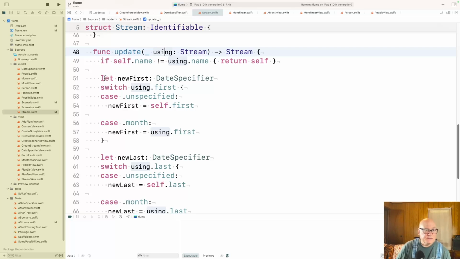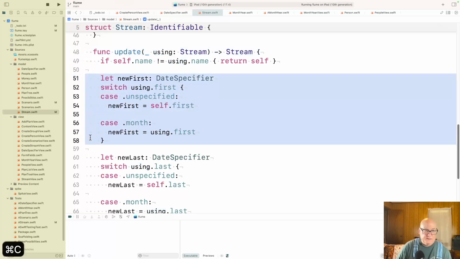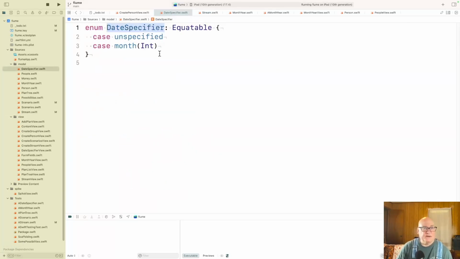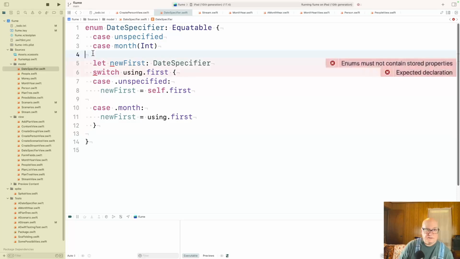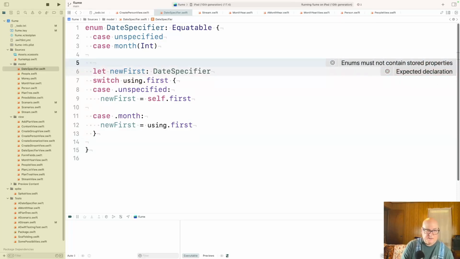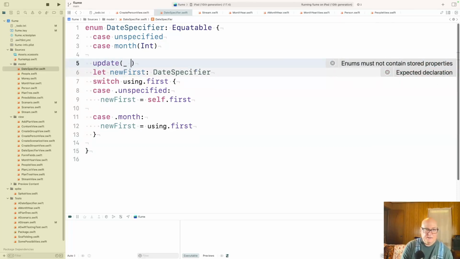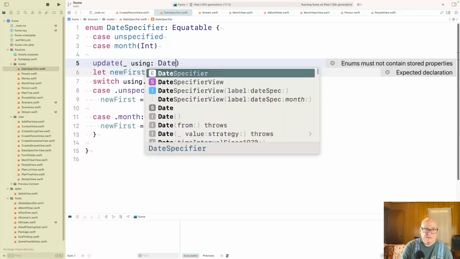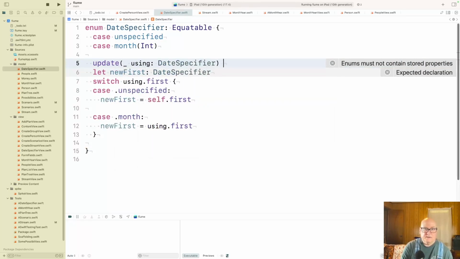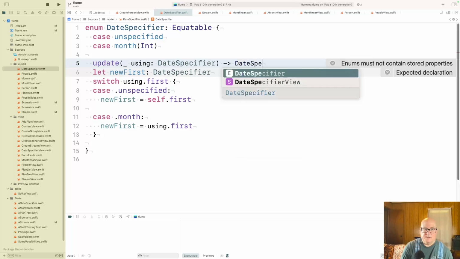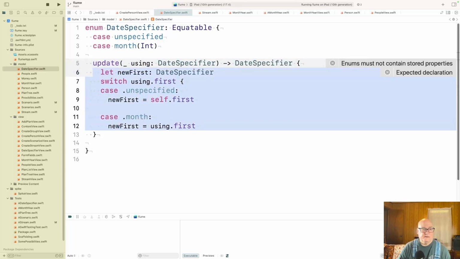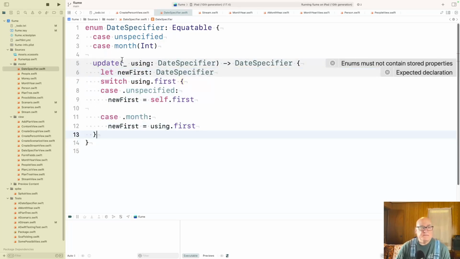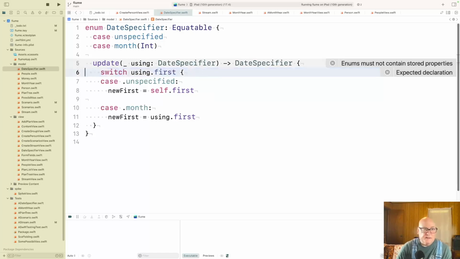Okay, now let me pull this part. Let's go into date specifier. Okay, there we go. All right, so this is update using date specifier. Returns date specifier. Okay, I don't need that.